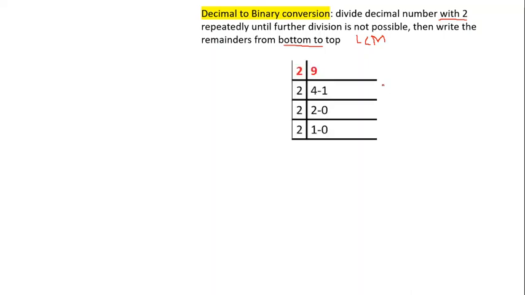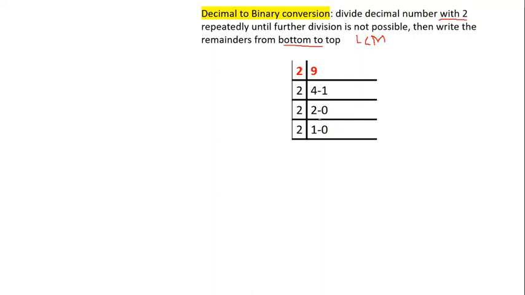For example, if I want to convert decimal 9 into binary format, whatever the number you want to convert from decimal to binary, this is 9. I want to convert 9 base 10 to binary format. So divide this 9 by 2. 9 by 2, 4 times. 4 2s are 8. Remainder 1. Again, 4 divided by 2, 2 times. 2 2s are 4. Remainder 0. How many times can I divide 2 by 2? 1 time. Remainder 0.